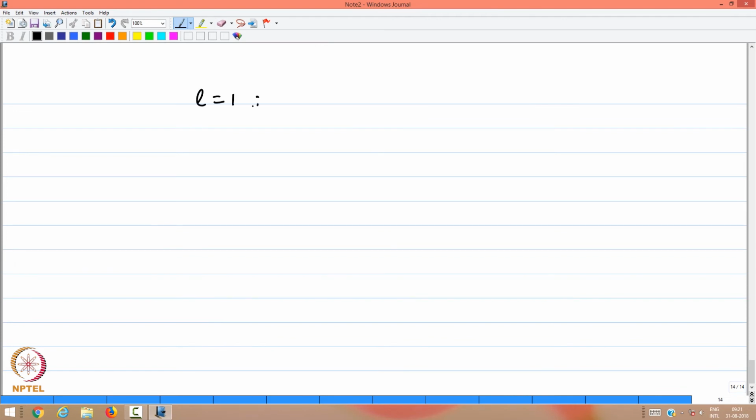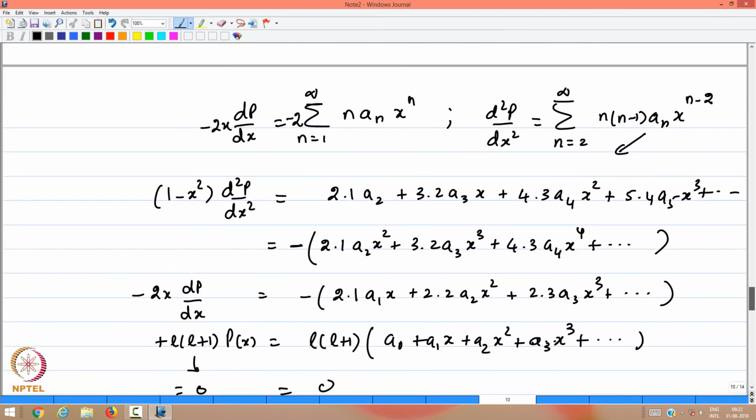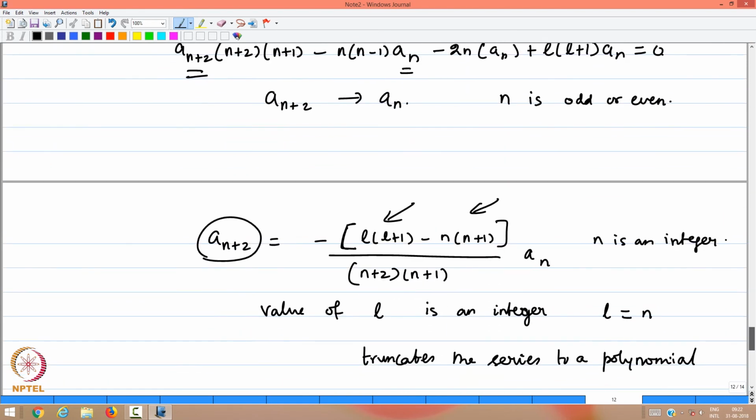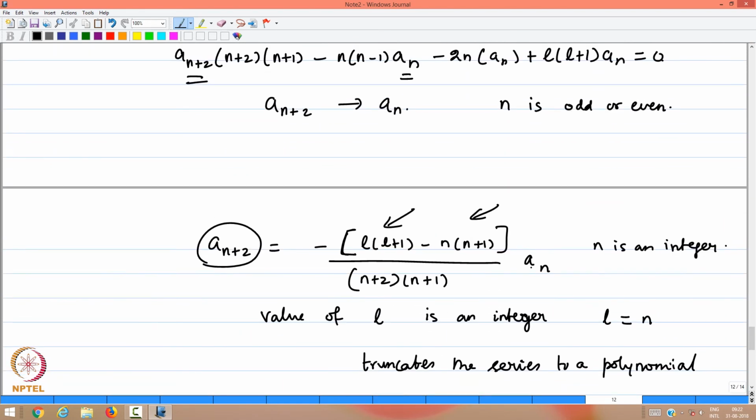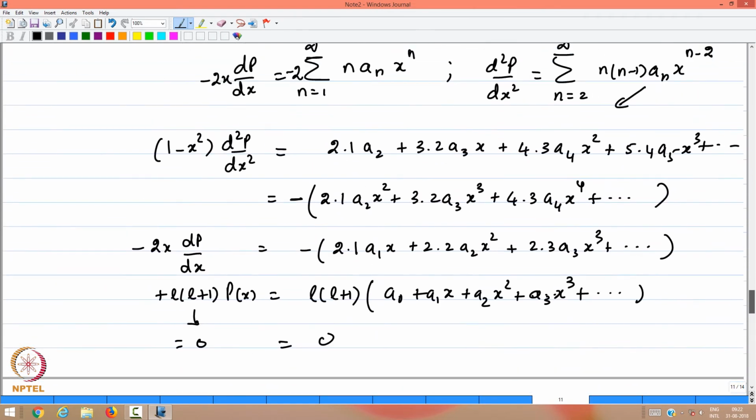The next choice that we can have is L equal to 1. If we choose L equal to 1, and we choose also A naught to be 0, then all the even A's, A 2, A 4, A 6, are all 0, and therefore, A 1 not being 0 will give you P 1 of x as A 1 of x. You can see that. When you choose L equal to 1, you will have A 1 which is independent, and A 1 is part of the infinite series expression here,